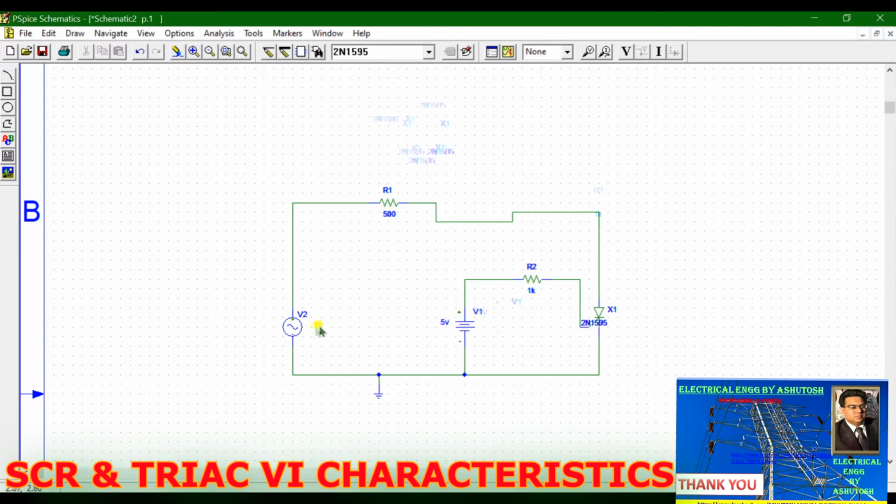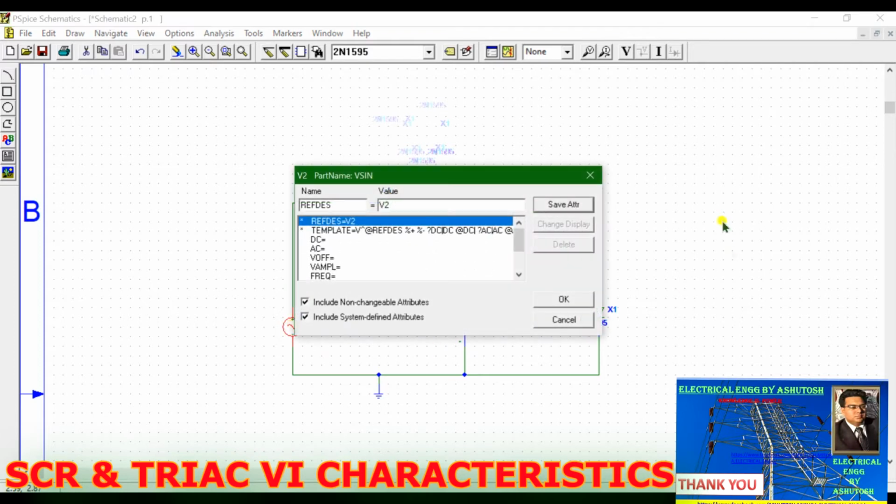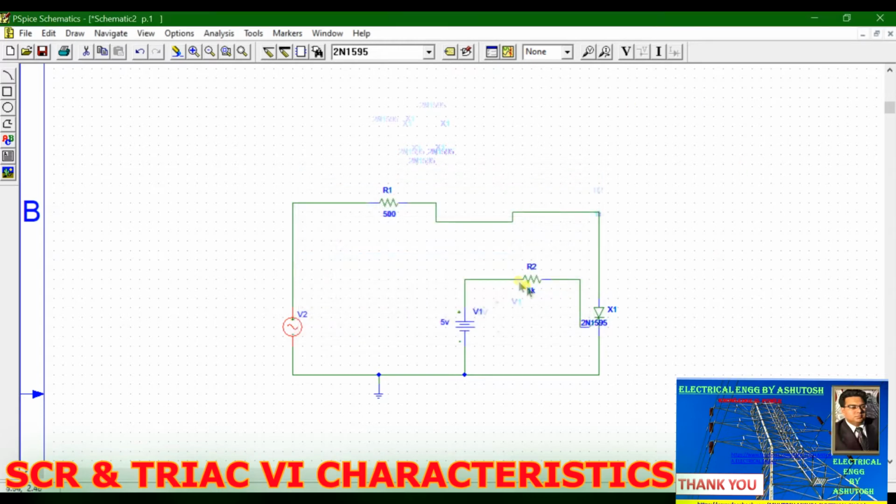Okay, now click on this voltage source, click DC 0 volt, save attribute, then AC 0, save attribute, VOFF put 0 value, VAMPL 12, save attribute, frequency 50, save attribute, and then click OK.